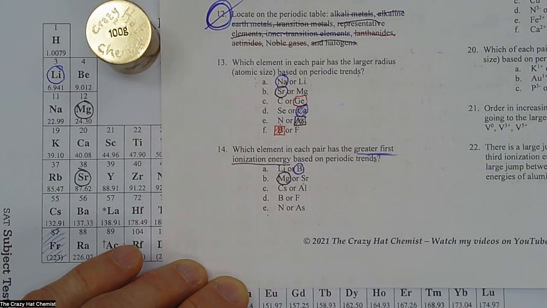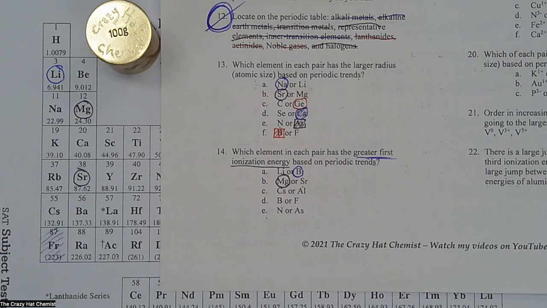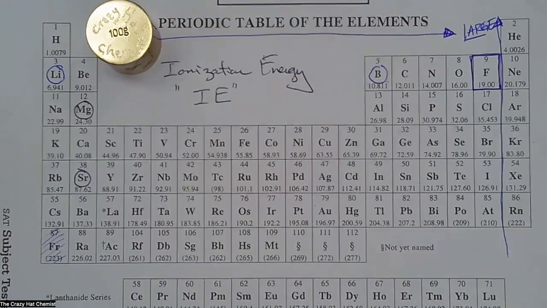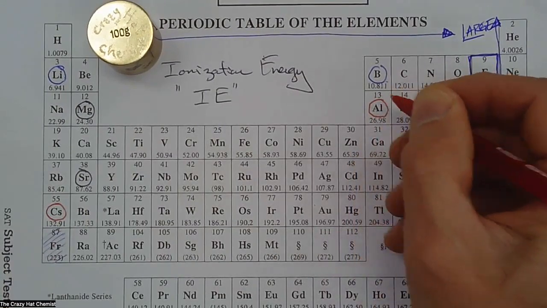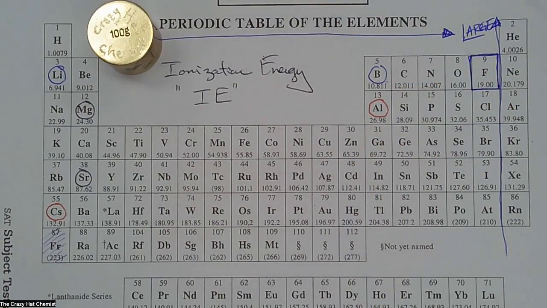Okay. The next question is cesium or aluminum. Cesium is right down over here. Aluminum is way up over here. And which one has the greater first ionization energy? So now we're not talking about the same period or the same group, but we are talking about